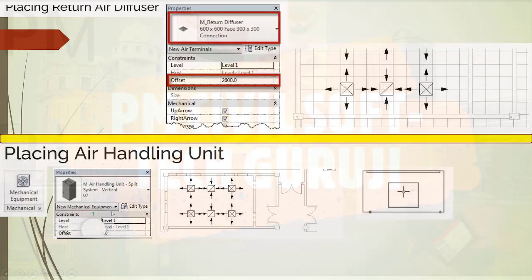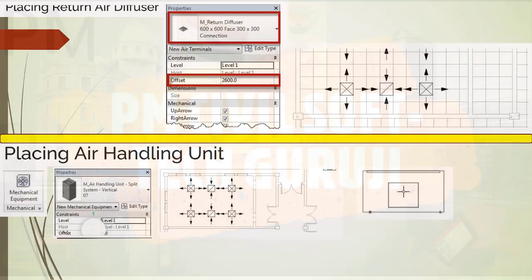Then place it accordingly. Make sure the direction is like below. Before you place, press spacebar to rotate the equipment before you click it.